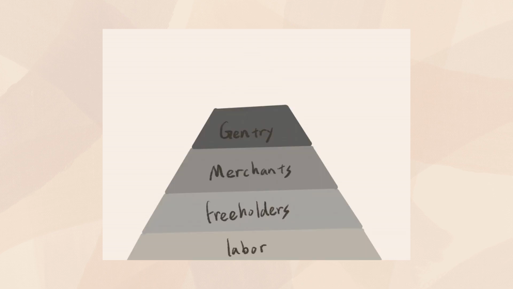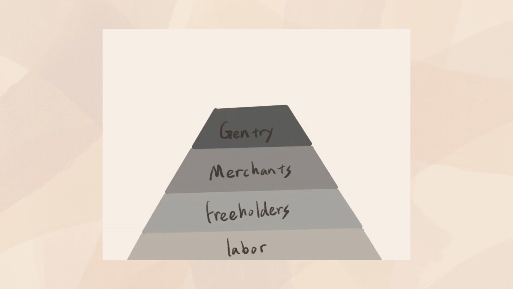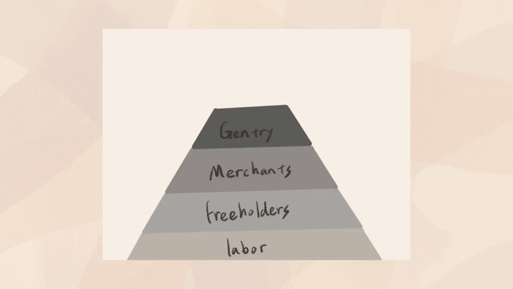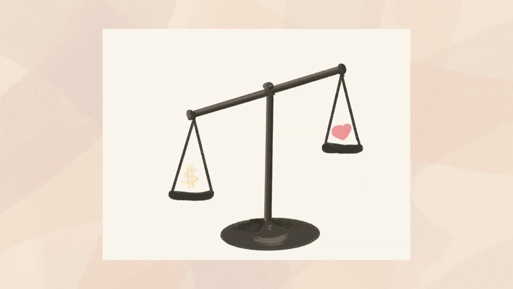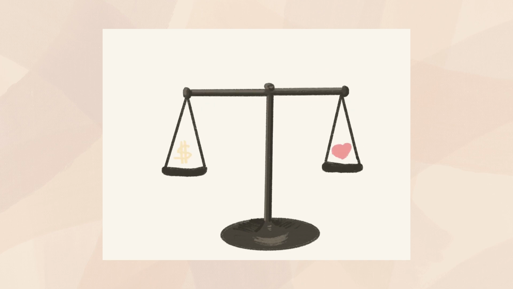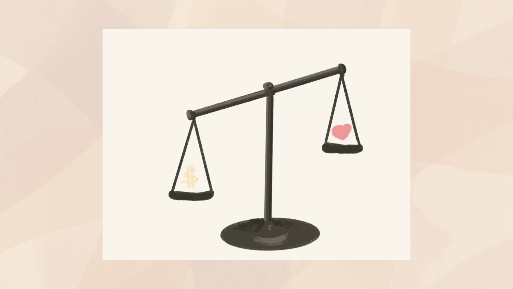In the 18th century, society can generally be separated into 5 classes: the labor, freeholders, merchants, gentry, and nobility. The most notable knight in Austen's fiction may be, in Pride and Prejudice, Sir William Lucas, the neighbor of the Bennets. Despite showing the social status in her novels, she never judged those characters only by their class and wealth. However, she offers a different perspective to look into, which is their moral land and personality.